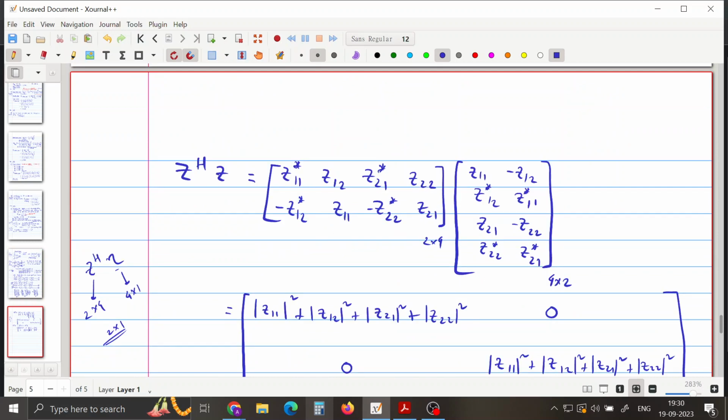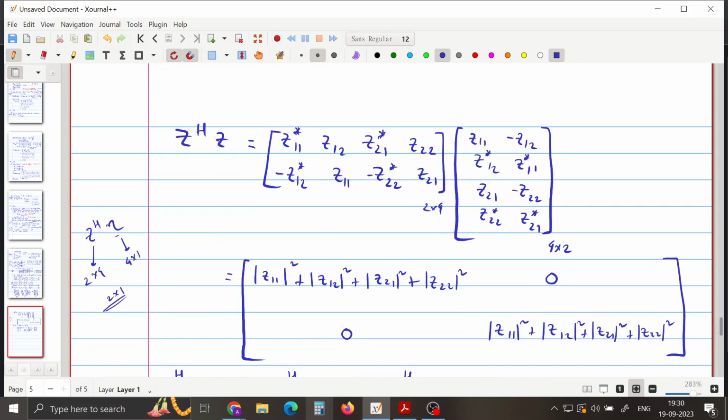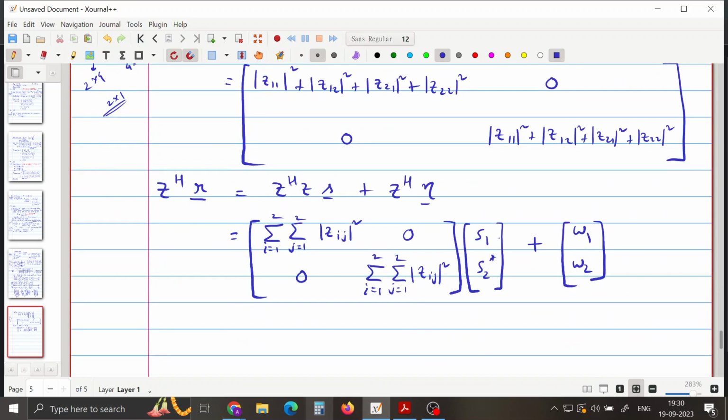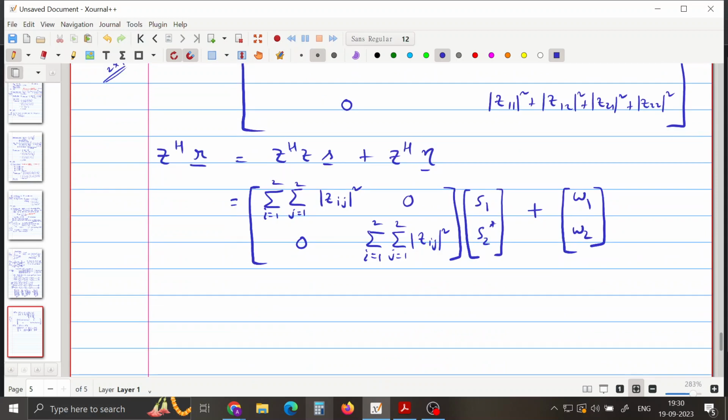That gets multiplied with this z Hermitian matrix, and will give 4 noise terms here. So w1 and w2 have 4 noise terms each, okay? All right,